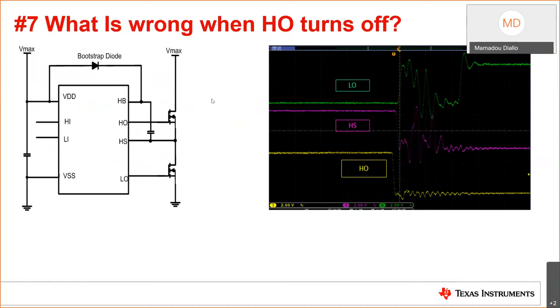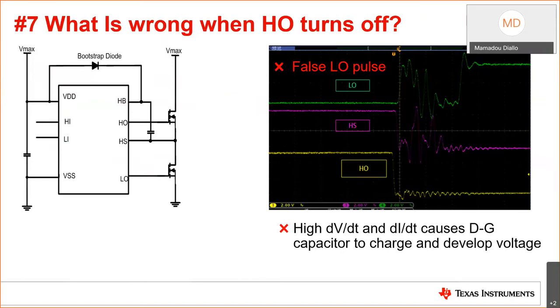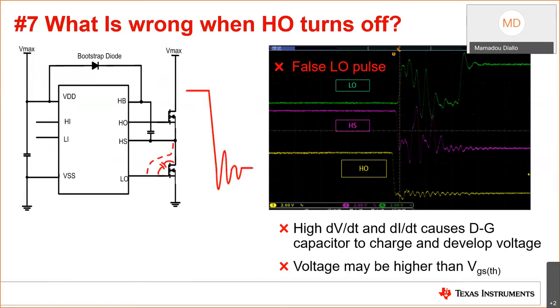And this is commonly associated to parasitics in the gate drive portion, specifically high dV/dt on the high side, HO, which, if coupled with high dI/dt through the transistor, may cause parasitic currents at the gate through the CGD capacitor. This parasitic current, coupled with the gate resistor, may develop a gate voltage which could turn on the low side transistor if this voltage is above the VGS threshold.